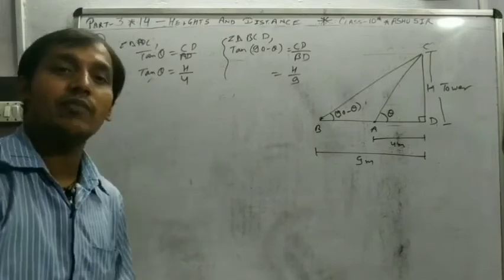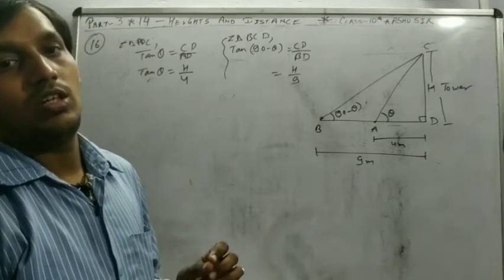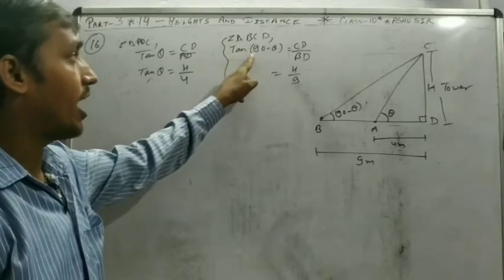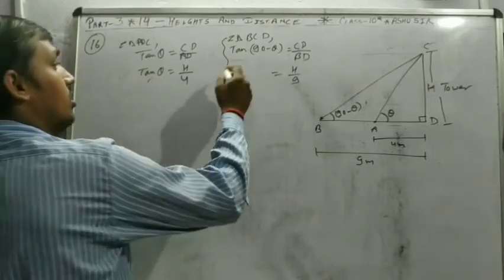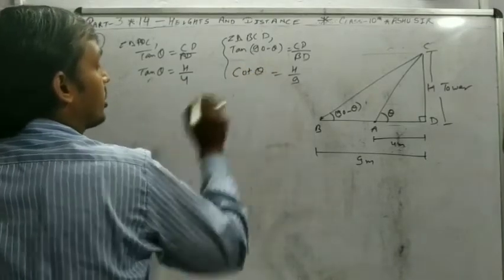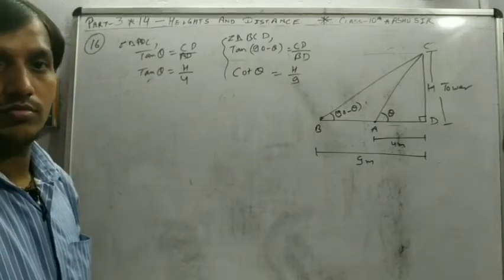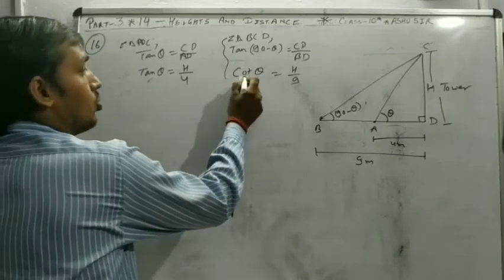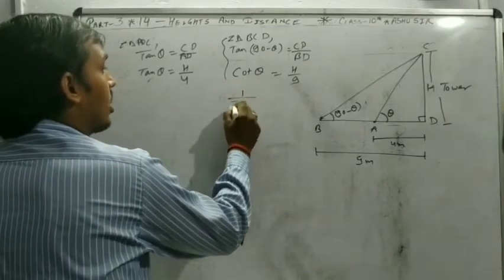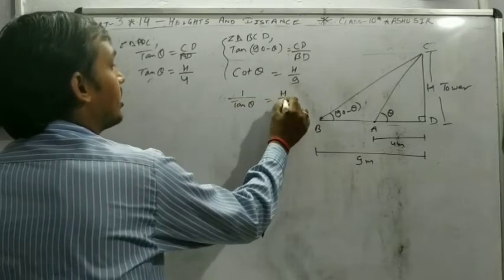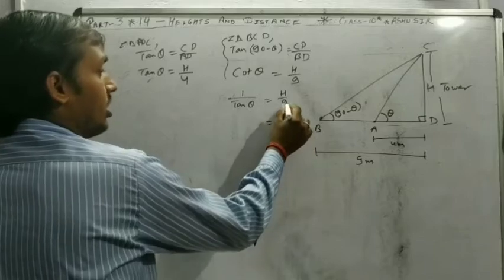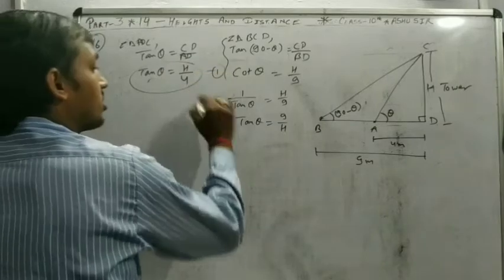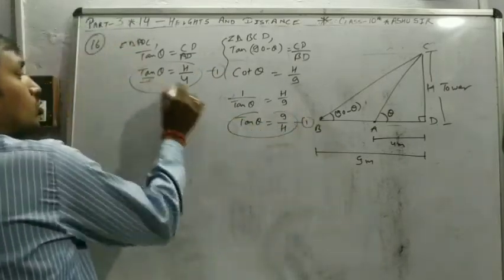For this purpose, we have to explain the extra topic of this chapter, because in this question we use a complementary angle. So tan 90 minus theta, you know that I explained in the video, that is cot theta. Tan 90 minus theta equals cot theta. Then you can say cot equals 1 upon tan theta, h by 9. So 9 by h, if the right side is reciprocal, the left is also reciprocal. So these equations, first and second, both are equal to tan theta.